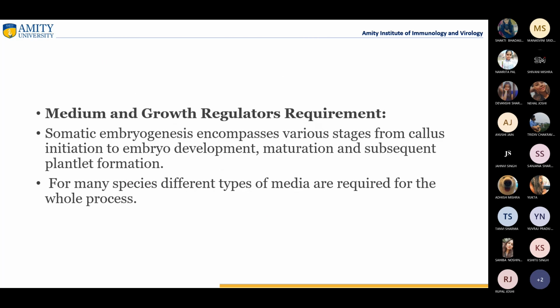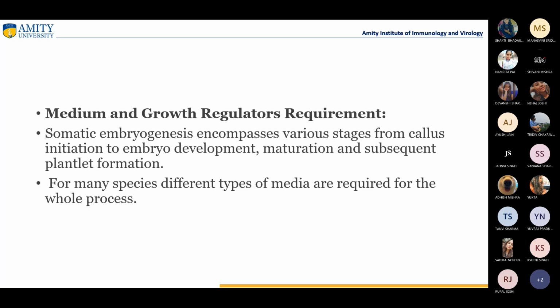Then since we are all talking about plant tissue culture, somatic embryogenesis is also done through tissue culture. So definitely a solid medium or a liquid medium with specific growth regulators is required for this particular technique, right? There are different stages from callus initiation to embryo development, then maturation, and then plantlet formation. So this I discussed in the first lecture also,